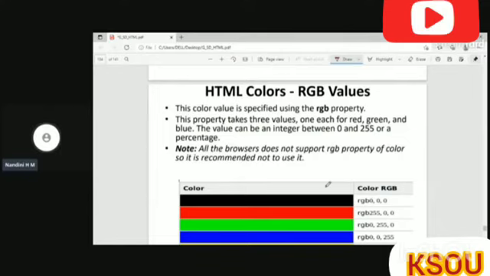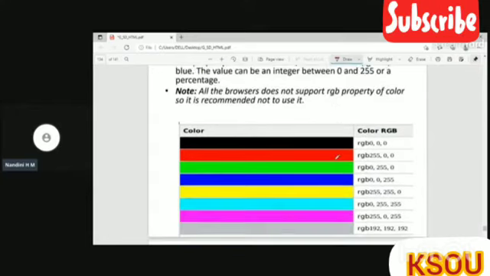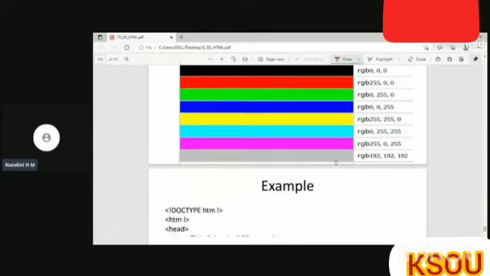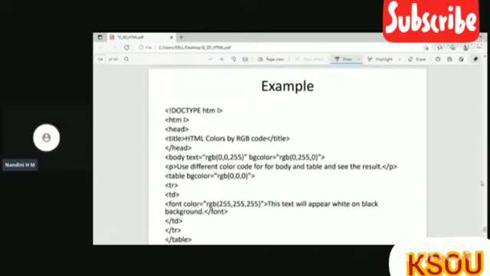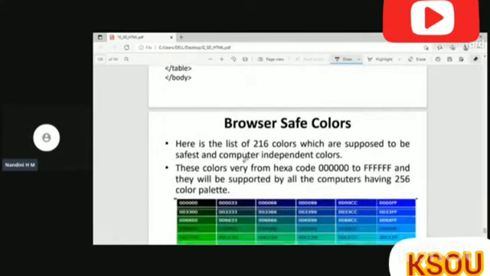All browsers do not support the RGB property of the color, so it is recommended not to use this one. Okay. Usually programmers will use the hexadecimal format. So this is an example of using the RGB values.